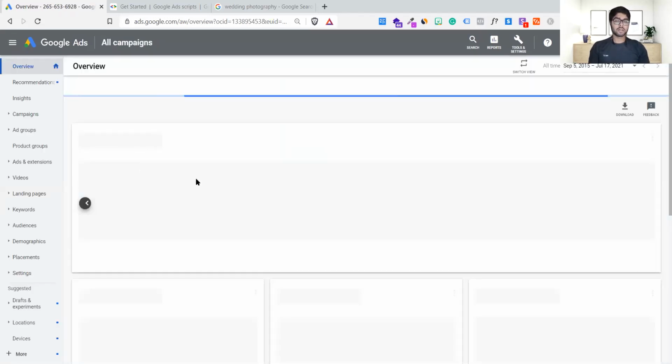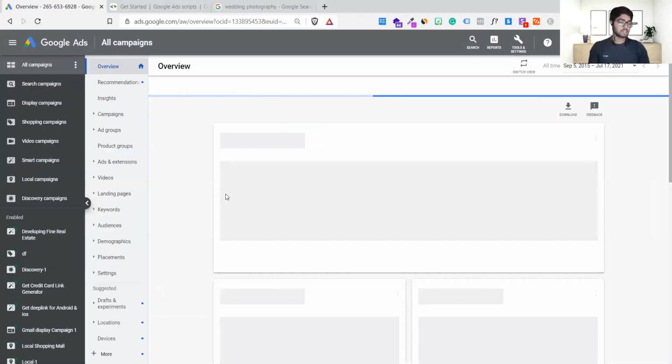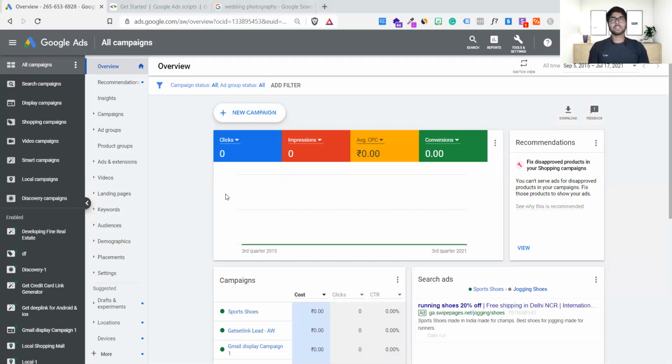You can earn a lot of money by giving this kind of service. Just imagine, if you are a newbie starting with Google Ads and you offer a 10,000 rupee service charge, which is very little, but for a start you can offer that. You pay me 10,000. The ad budget, whatever you want to invest, 20,000 or 30,000, is totally yours. The 10,000 would be my handling charge. Suppose you have 5 to 8, or probably 10 clients in a month, you are earning 1 lakh rupees. What a big deal.